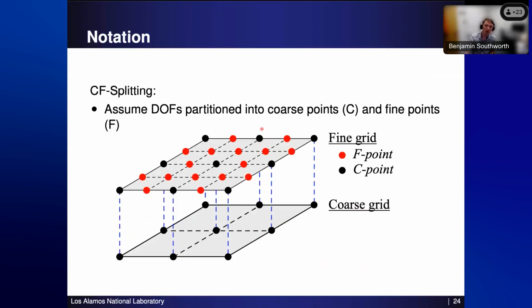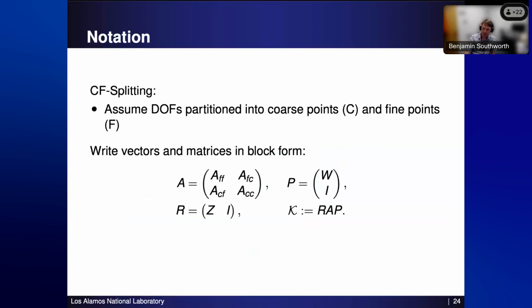Okay, so notation in algebraic multigrid. Here we're using a CF splitting. A lot of this is for simplicity, to reduce our freedom. So we take all our degrees of freedom, and this is assuming it's geometric, but the same thing works for a matrix. We define our fine grid, we split it into F points and C points, and we map the C points down to our coarse grid problem.